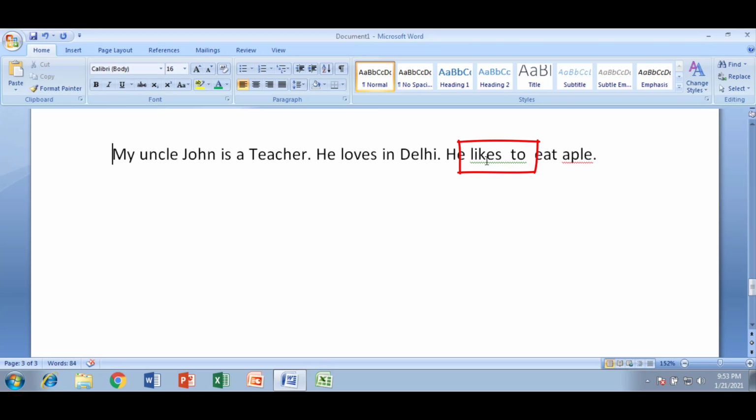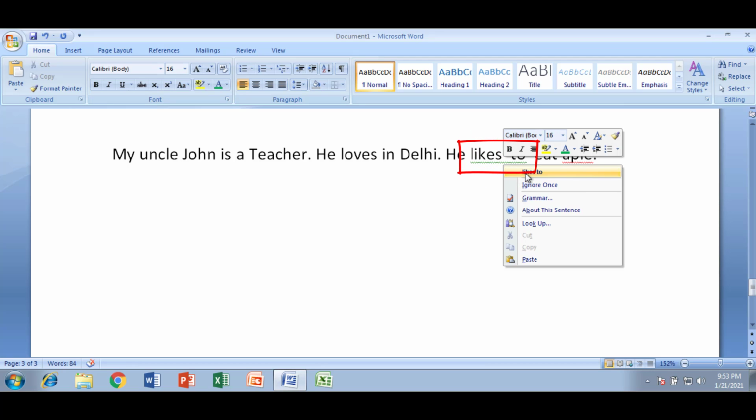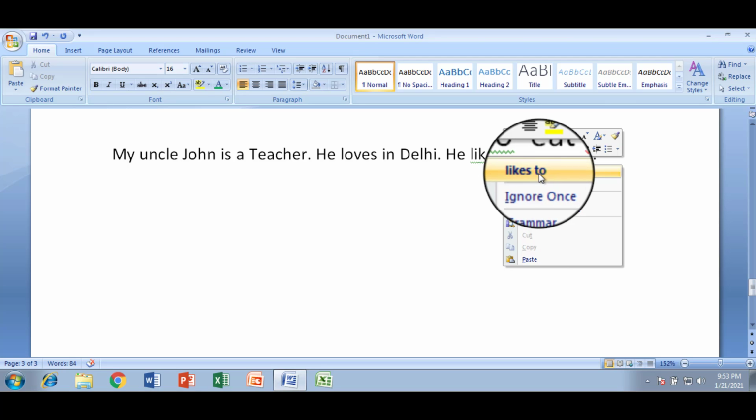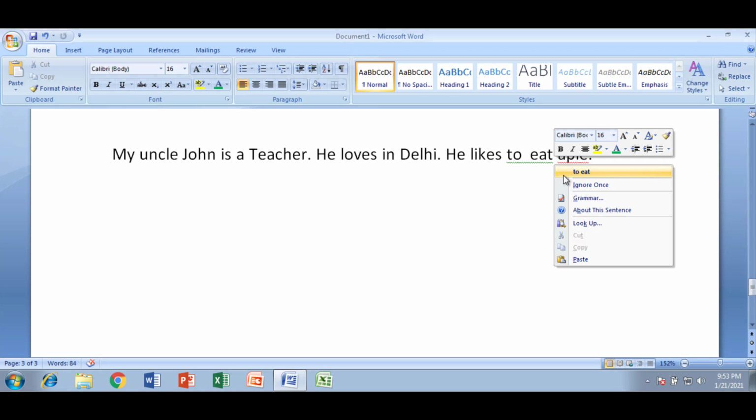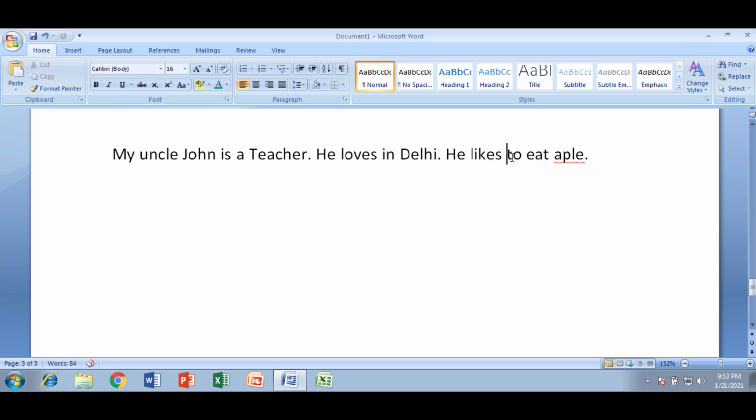Here you can see the green wavy line under "likes" and "two". That indicates that it has a grammatical error. So first we go to that green wavy line and simply right-click. After that, you can see a suggestion over here. You just have to click on it, and you can see the green wavy line under "likes" and "2" is removed. The same green line is also available between "2" and "8". Simply right-click on it and select the appropriate option. After clicking on the appropriate option, you can see the grammatical error is gone.